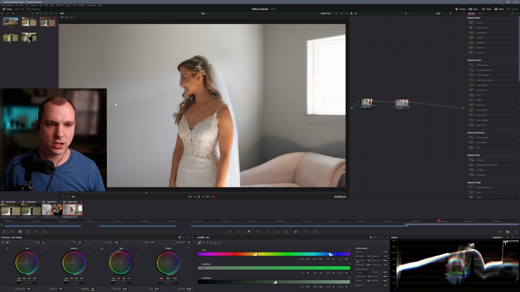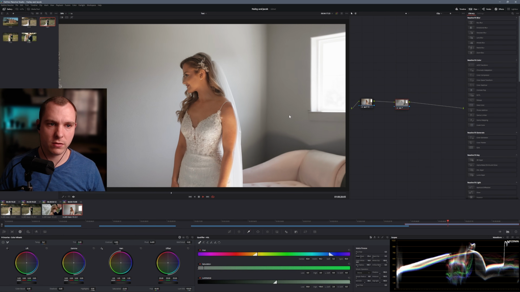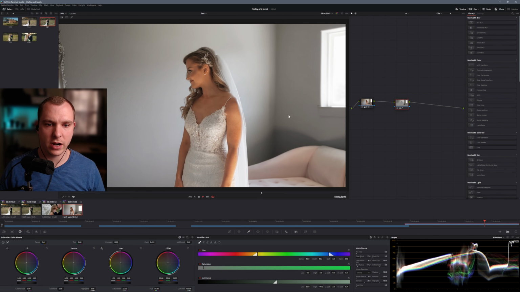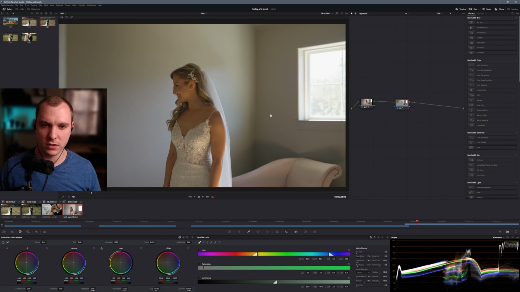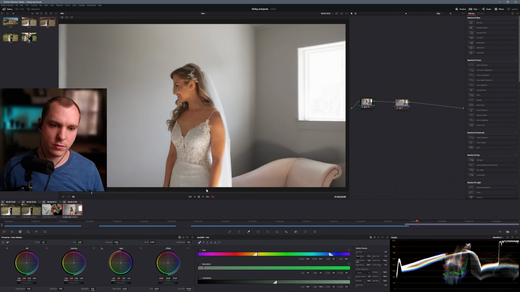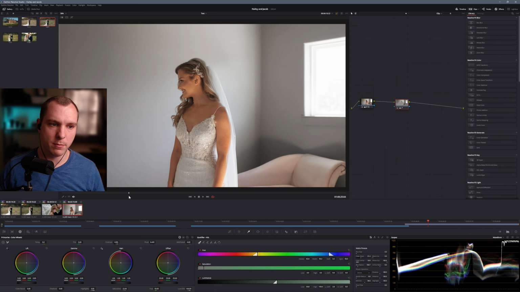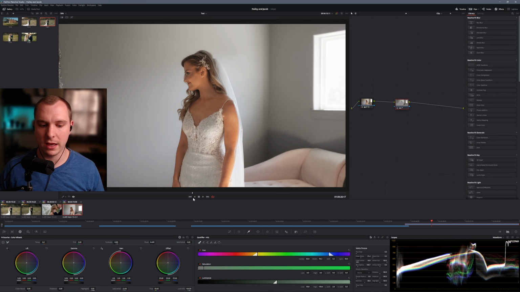And it looks like my selection is flickering right here just a little. So I'm actually going to reset the brightness of that one and just leave the brightness alone, because I think that the brightness was just a little too much. But as you can see, it went from looking like this, which was a little too dark with some odd greens and yellows in the background. The skin didn't look quite right, to this, which looks much, much better and much more fitting for a wedding